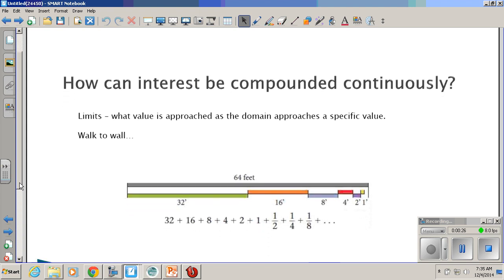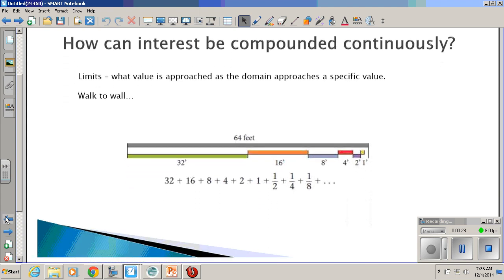Now, typically you don't learn about limits until calculus, but in order to understand compounding continuously, I have to explain what a limit is. There's a very famous puzzle in mathematics that deals with limits, and that is, suppose you're 64 feet from a wall. I'm going to walk towards the wall, but I'm always going to take half the distance that I am to the wall. So on the first round, I'll go 32 feet, halfway up 64,